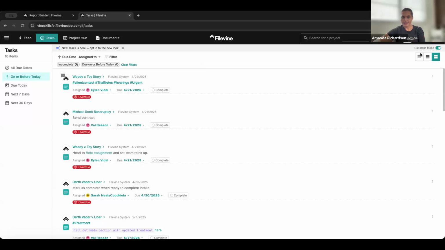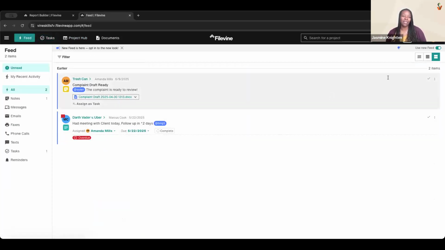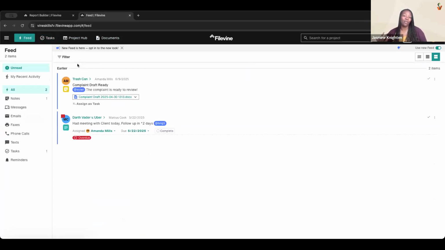All right. Perfect. And hopefully everybody's already seen the new feed. That's been around for a little while, but it does allow you to track phone calls now. So I know that, even just 6 months ago, folks had collection sections where they were tracking that. And now you can track that directly in the activity feed. You can also track client portal messages. So for those of you that are using the client portal, those now come into the activity feed as well